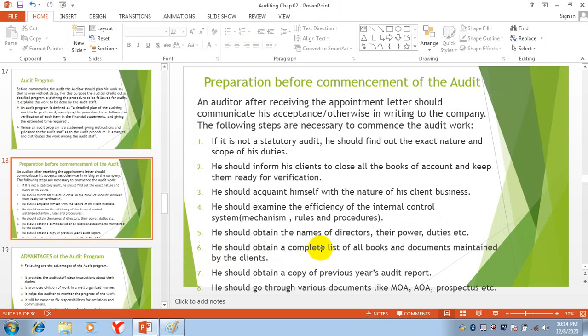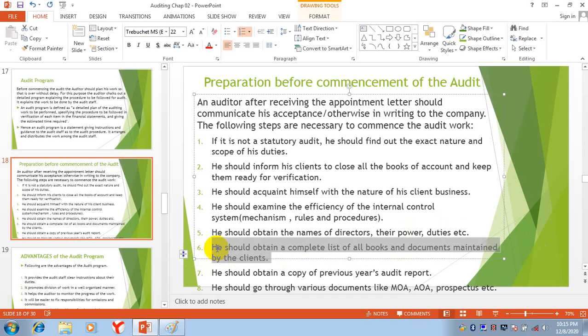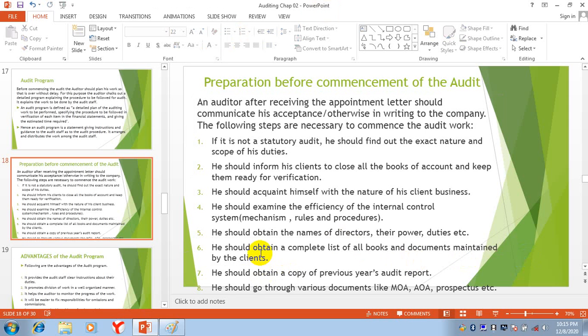He should obtain a complete list of all books and documents maintained by the clients. He will request the company to send him the list of all books of accounts and important documents maintained by the client. The client is the company, where the auditor is going for audit.